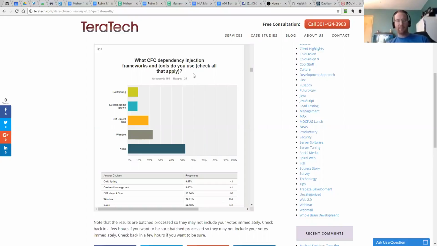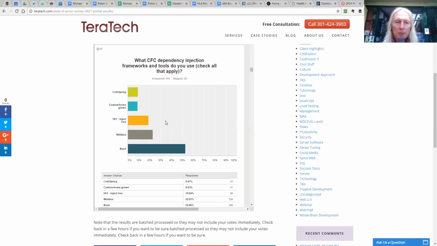So that tells me a lot of people using CFCs are doing so on a very simplistic level, just manually creating their own CFCs and not getting too fancy. If you only have 2 or 3 CFCs and a few functions in each, that probably doesn't matter. But once you start getting hundreds of them, it really can get screwed up if you don't do dependency injection. I call that glorified includes. Some people will use a CFC essentially as a fancier CF include, which is fine. It's a nice way to track some logic, but they're probably not modeling their actual business entities out of CFCs. So if you're using CFCs seriously, you really want to be using one of these dependency injection